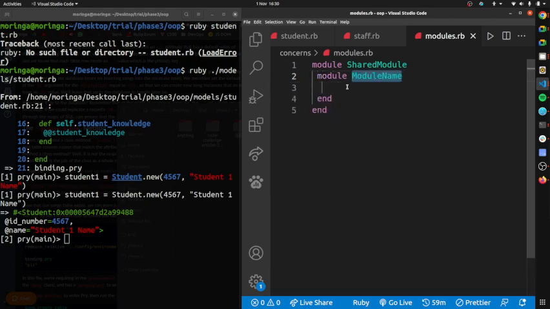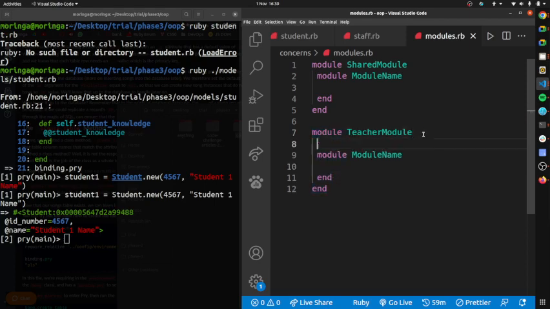another module, assuming you'll have many modules. That's assuming you have a big program. You may have this module that does this, you may have another one that does something else, maybe a teacher module. And since this is a parent module and this is a child module, you can have as many child modules as you want. So you can have something like this,